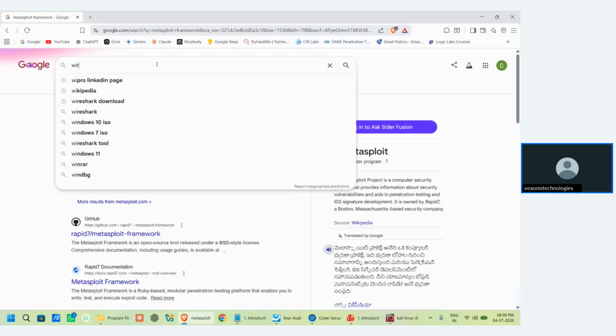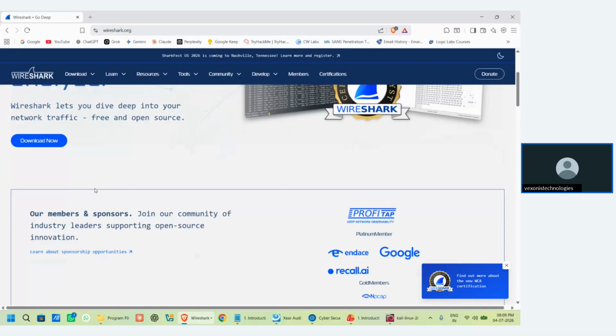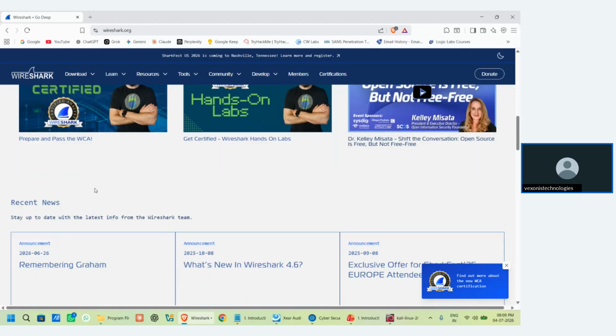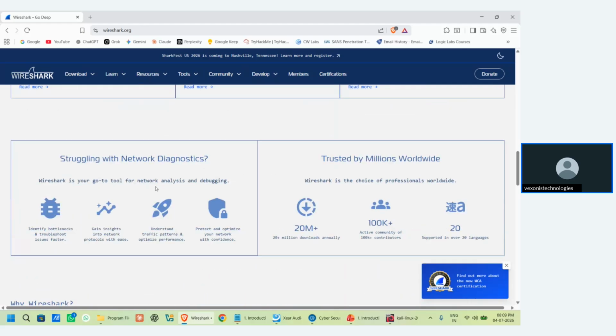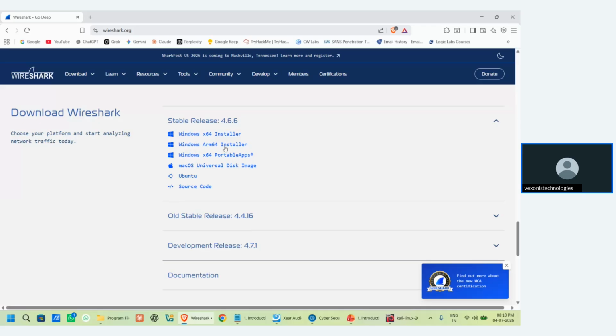Fourth tool is Wireshark. In our course, I'll be explaining all the tools and how we can use them. But as of now, just read the background files. Go to the website and read why we can use this tool. Read the configurations, and you will find a lot of configuration files like this, for example,